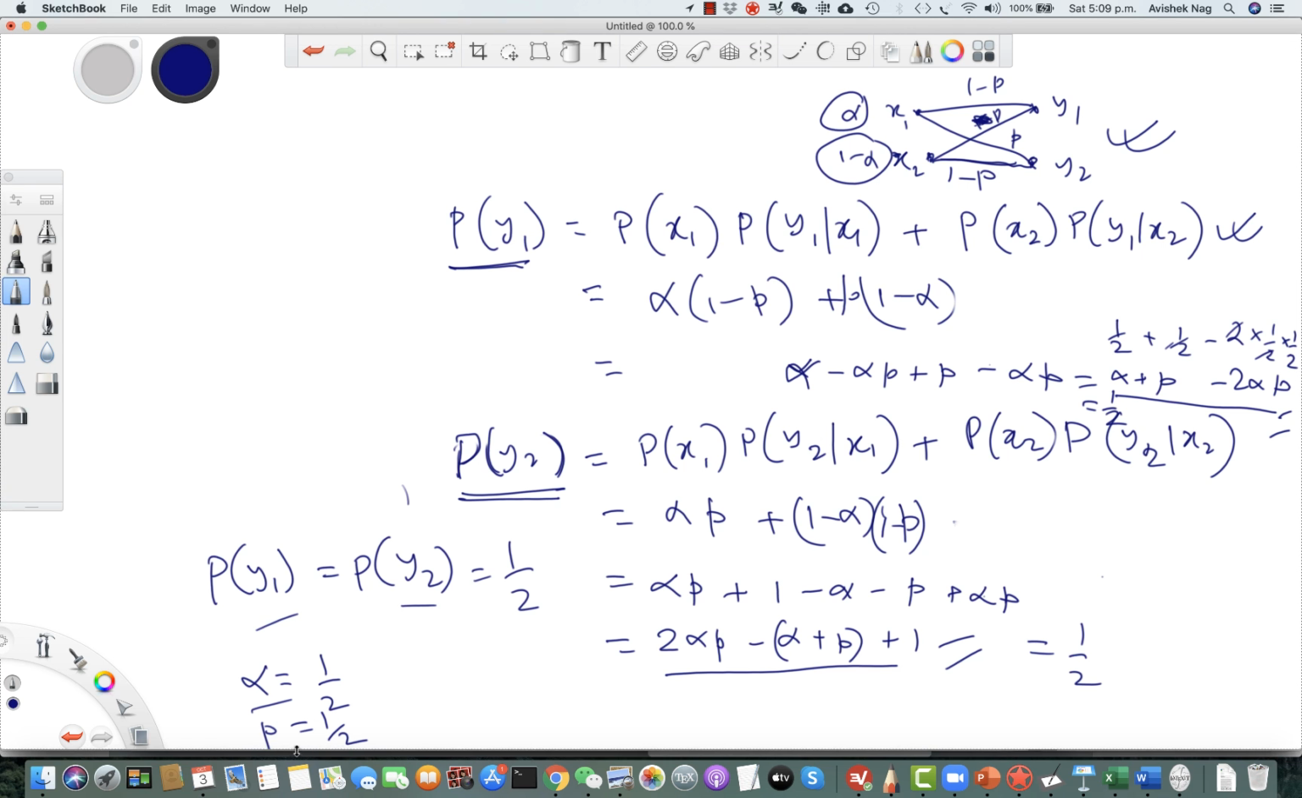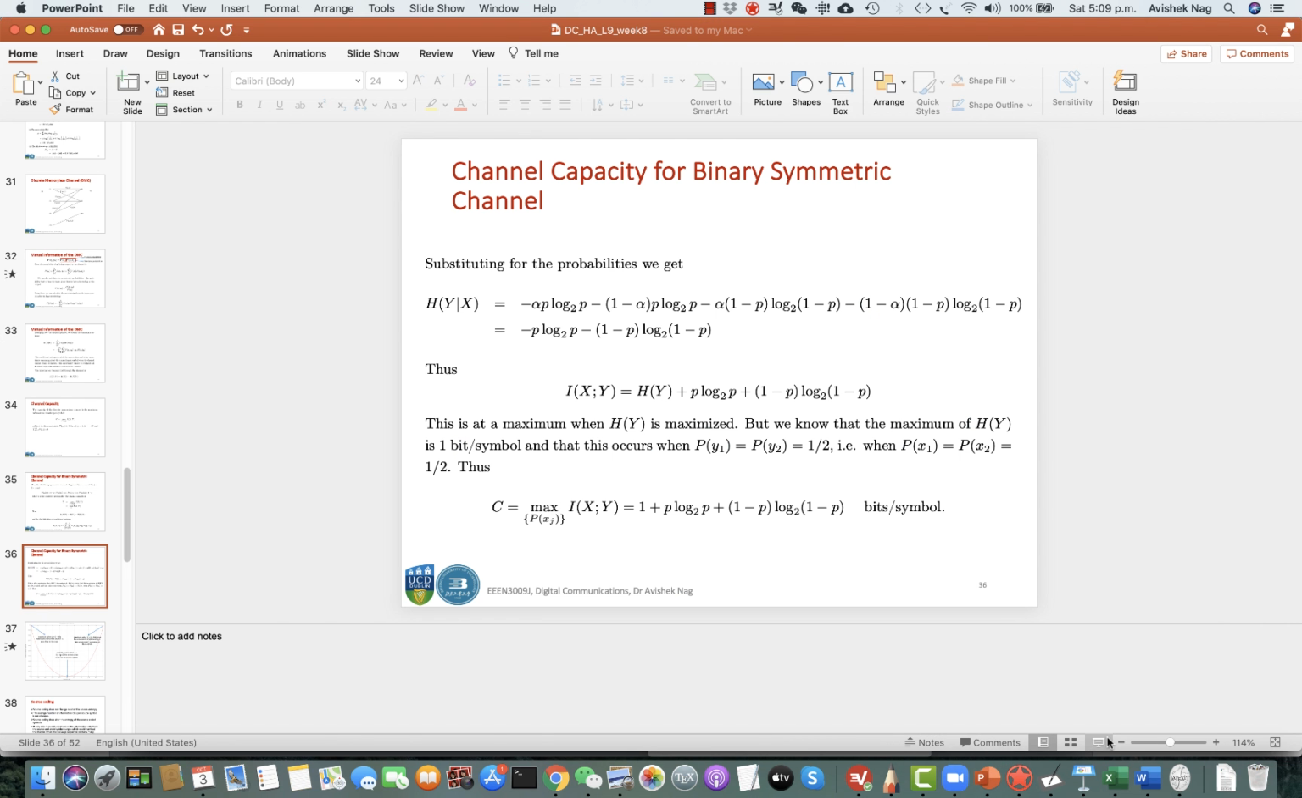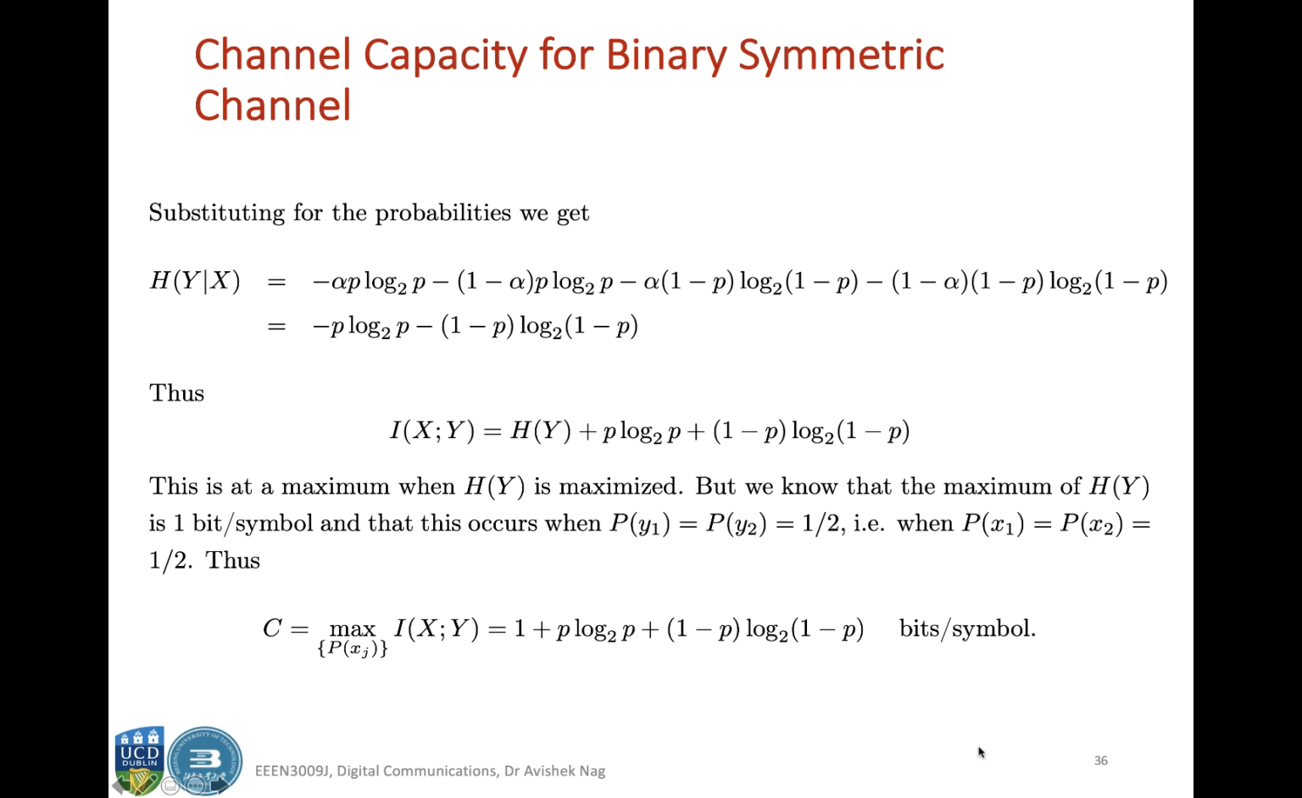So if you choose alpha equal to half, then that means that p of x1 is also equal to p of x2 equal to half, because alpha equal to half and 1 minus alpha is also half. So p of x1 and p of x2 is also equal to half. So that means, to maximize the capacity, or sorry, to maximize the mutual information, you have to maximize h of y,